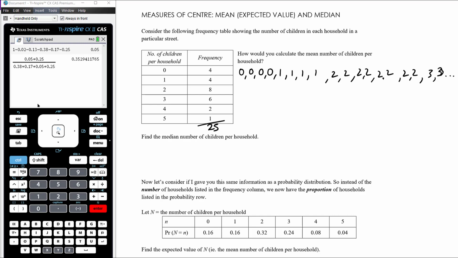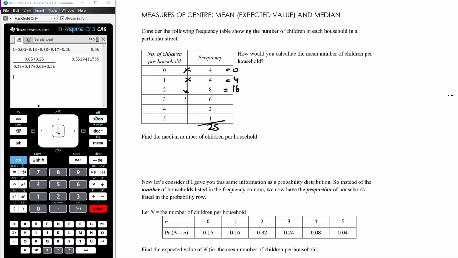Now, we actually don't need to write out the list to add all the numbers up, because the fact that there's 4 zeros means that's 4 lots of 0. There's 4 times 1, and there's 8 times 2, and there is 6 times 3, etc. And that's what we're going to need to add up. So to add up the total list of numbers, what we actually need to do is simply do 0 times 4, which is 0, 1 times 4, which is 4, 2 times 8, which is 16, 3 times 6, which is 18,